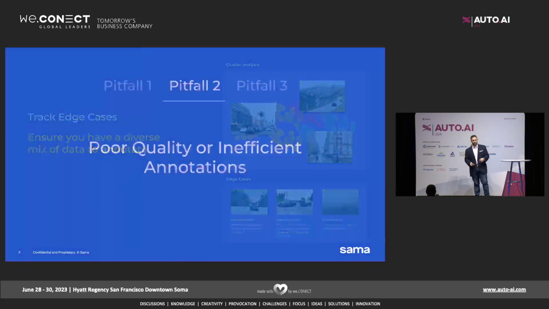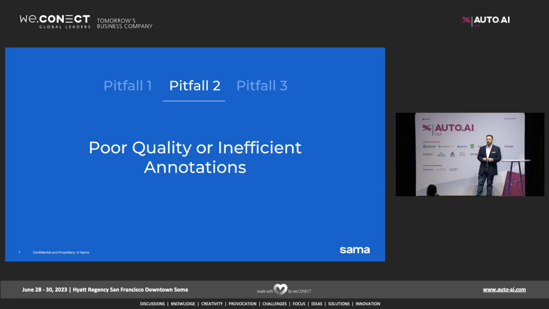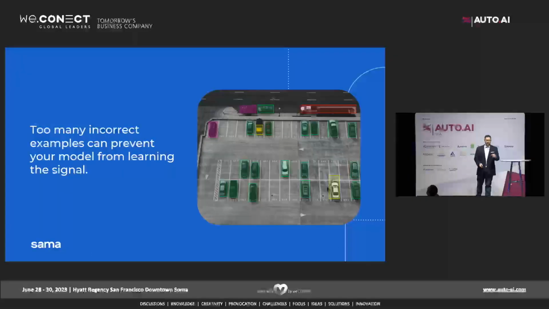Pitfall number two is you can have poor quality or inefficient annotations. As RJ had said, man, I'm just going to keep doing a callback. RJ totally set me up here. There can be incorrect labels, but there can also be inefficient labeling. And so what you want to do there is, models are relatively resilient to a small amount of error, but you want to do everything you possibly can to ensure that your data is of the highest quality possible.